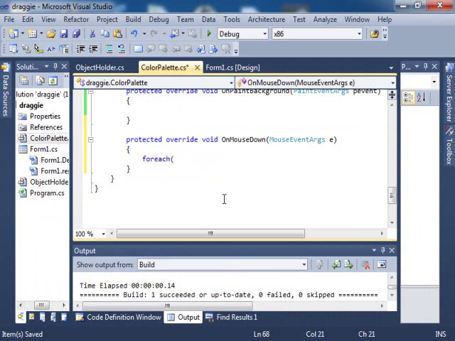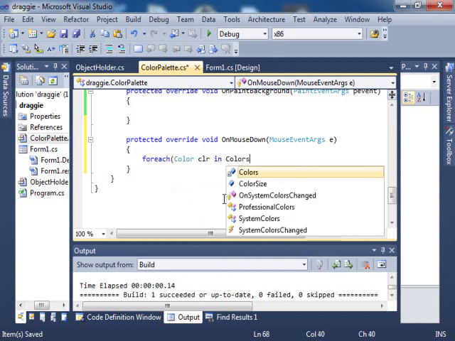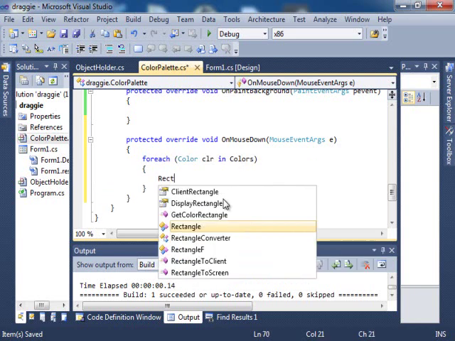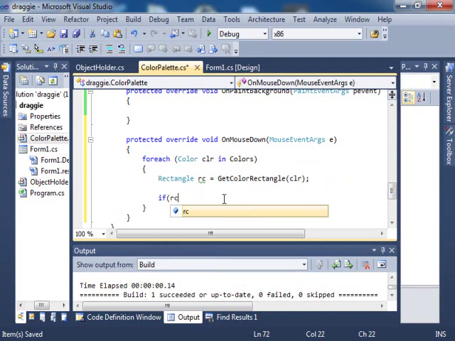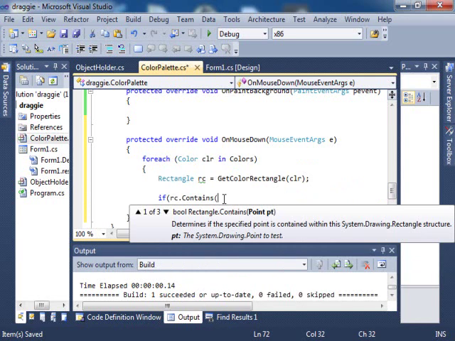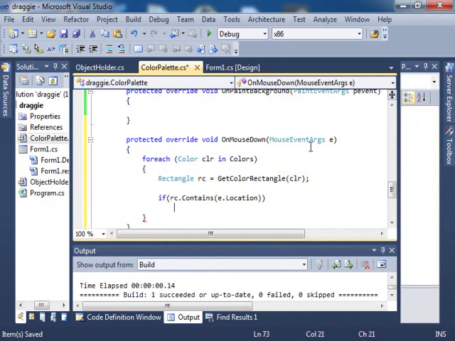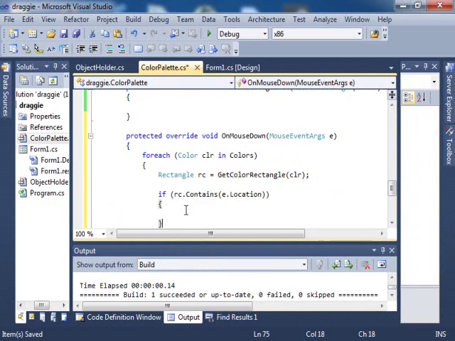For each color in colors, rectangle RC equals get color rectangle of that color, and then if that rectangle contains our mouse event args dot location,